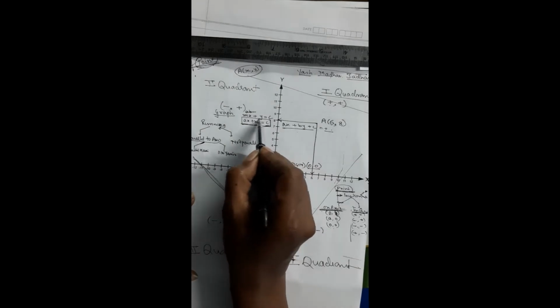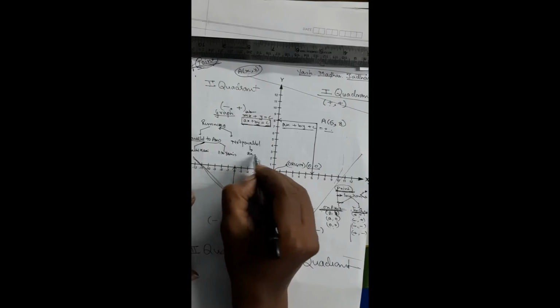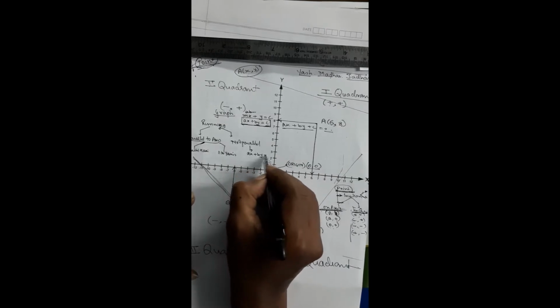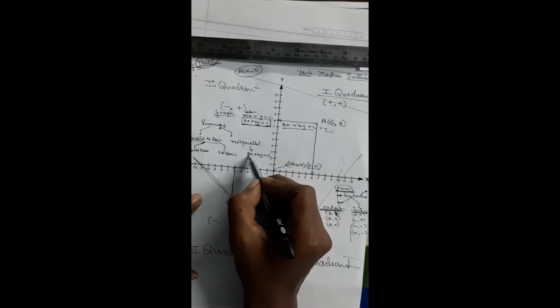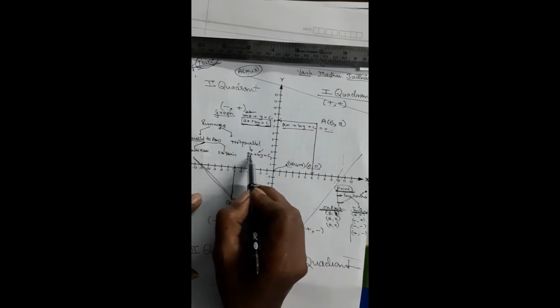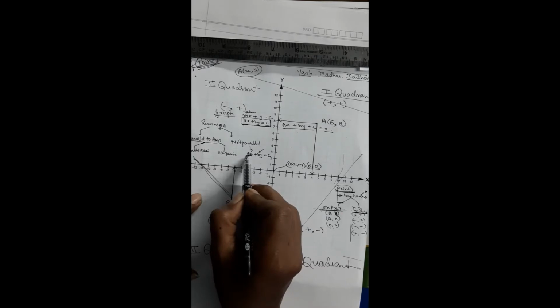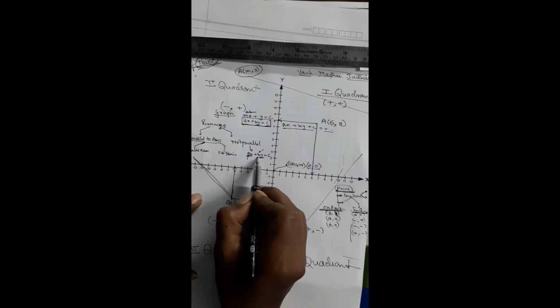Now you have to remember, my dear students, try to understand this equation where ax plus by plus c is equal to 0. This is always an equation of a non-parallel line. ax plus by is equal to c is always an equation of a non-parallel line. Why? Because here the coefficient a is a non-zero number, and the coefficient b is also a non-zero number. It means that in the equation, the variable x with a non-zero coefficient will exist, and the variable y also will exist with a non-zero coefficient b.